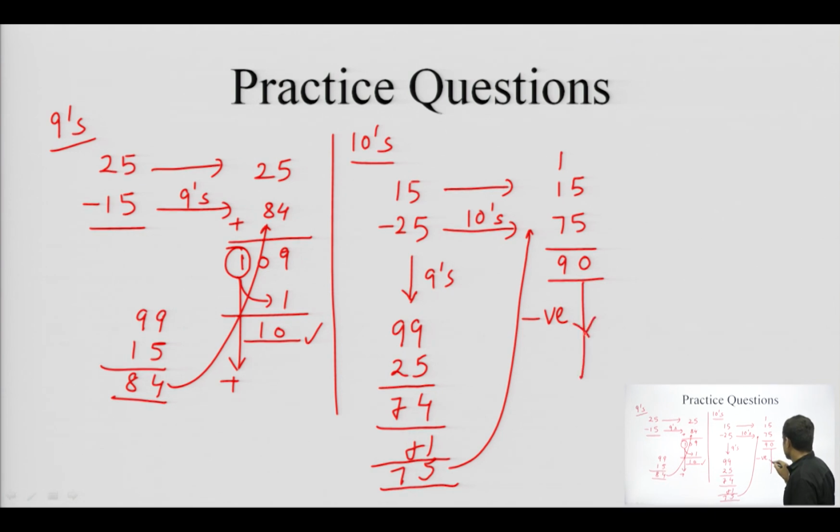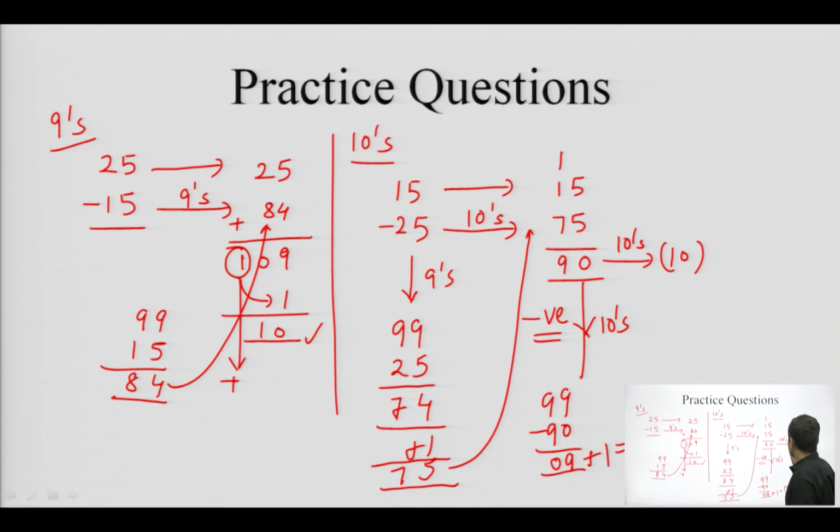So, this number has to be 10's complemented again. First I compute the 9's complement: 99 minus 90, which is 9 minus 0, 9, and 9 minus 9, 0. So, this becomes the 9's complement, and if I add 1 to it, it becomes 10. That means the 10's complement of this number is 10, and we have already seen that the answer is negative. So, this is the subtraction using 10's complement.